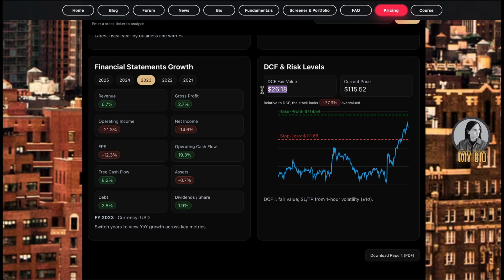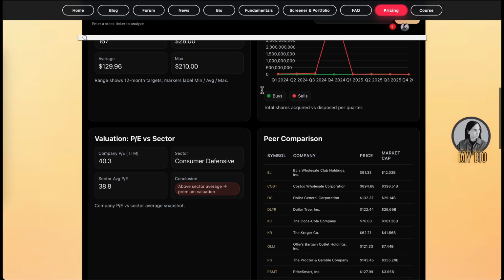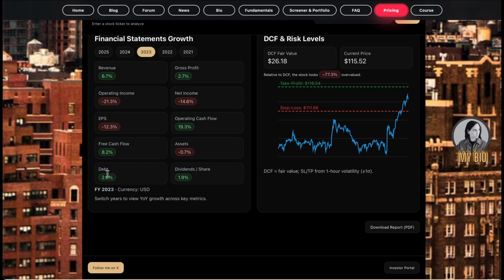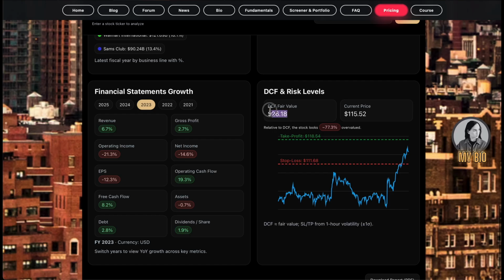It means that the stock is heavily overvalued. That means it's trading very expensive. As we saw, the stock price was 115, and DCF tells that the stock fair value based on the free cash flow estimate is only $26 per share. This aligns with some of the analysts. As you can see, one analyst put the minimum of 28, and our DCF model